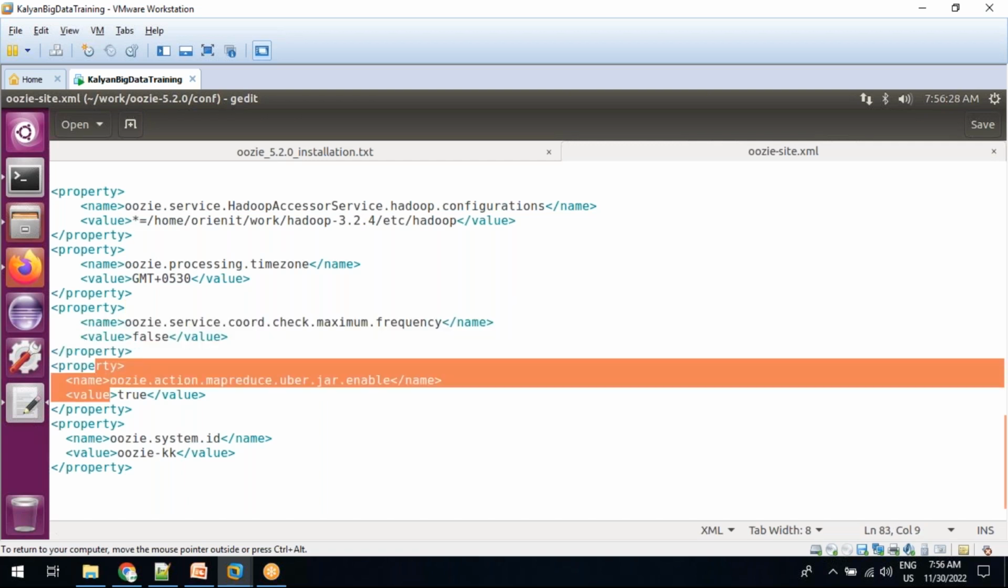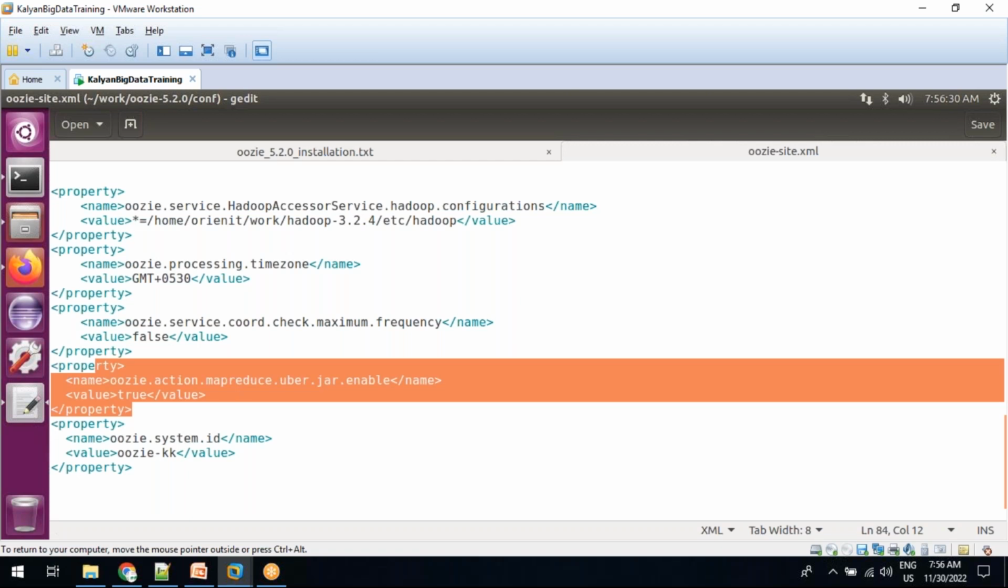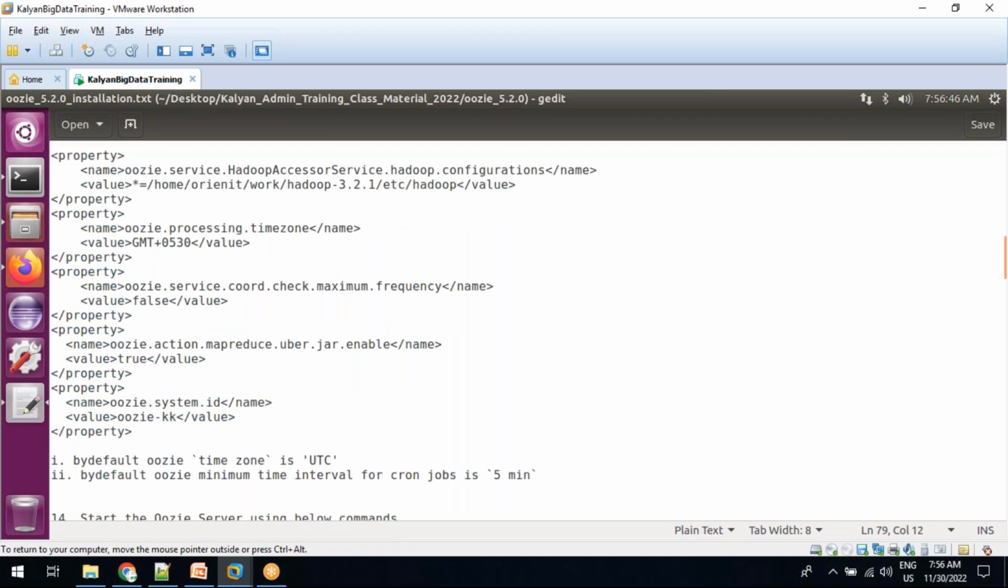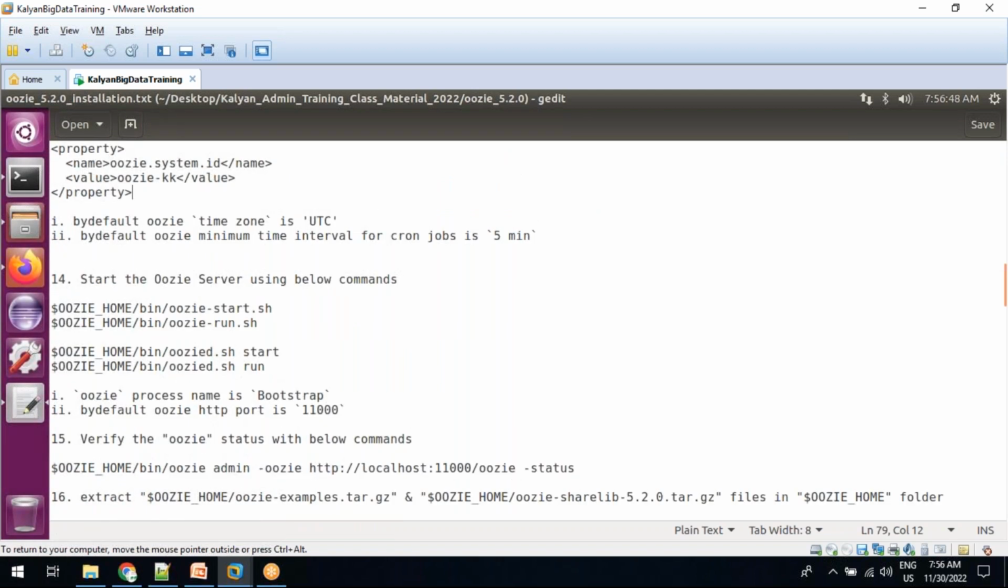And this one is for bundling as an Uber jar, we need to do this. The system ID should contain a maximum of 10 characters. Some string is required, anything we can write here, it doesn't matter. Something is written here, Oozie. So once you have this information in the Oozie-site XML file, the next thing is you need to